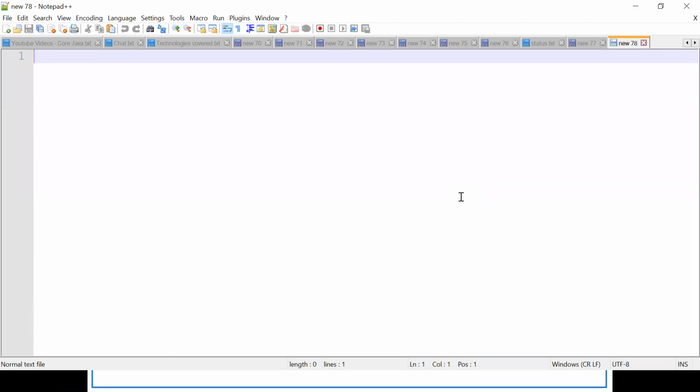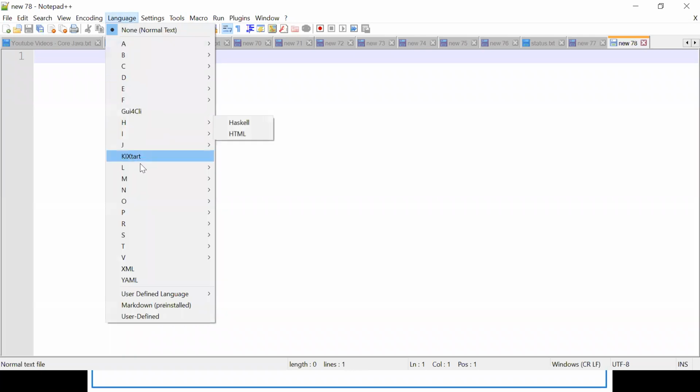So Notepad++ is opened. First thing to do is go to the menu bar. There is a menu called Language. Go there and you will find J. J means Java.